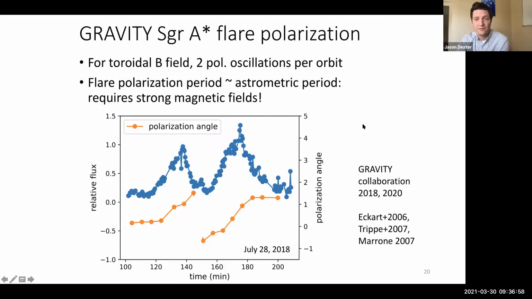Okay, and so what we find there is that, again, you would expect that if you go around once, you should have 2 oscillations of the polarization angle. You see both vertical and horizontal linear polarization twice. What we see instead, these are data from a different flare, total intensity shown here, and the polarization angle here in orange. And this corresponds to astrometry where the emission region rotated around once, and the polarization angle goes around once as well.